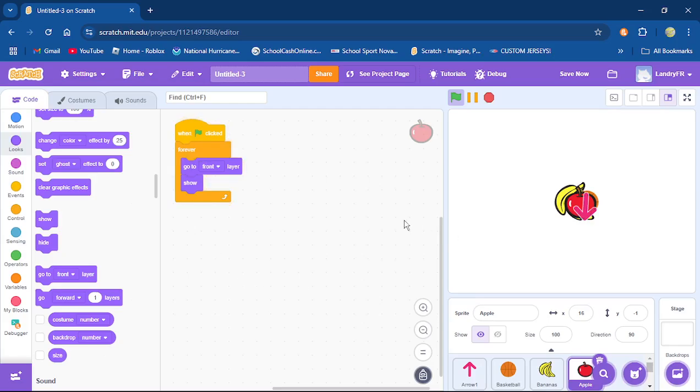All right. Now it no longer can go to the front layer because I just stopped the code. So again, for menus, this is a perfect way to do this so that when I open the menu, bam, it's going to appear at the top of everything no matter what. All right. So it's going to appear on the top of all those things forever. And then when I shut my menu down, I have a code, and I'll get to that later, that's going to stop the script. So bam, it's going to shut this off, closing it and allowing it to go behind everything again and hide like it's supposed to do. So that's how you're going to use this go to front layer.